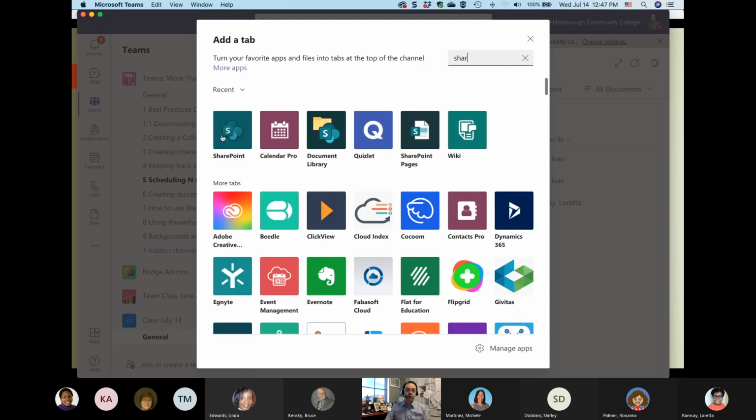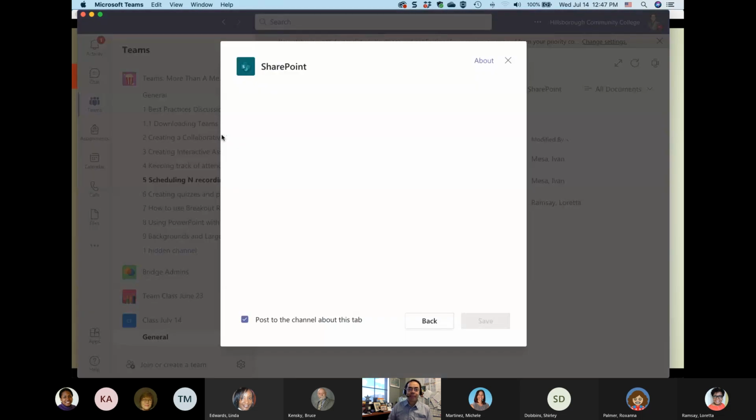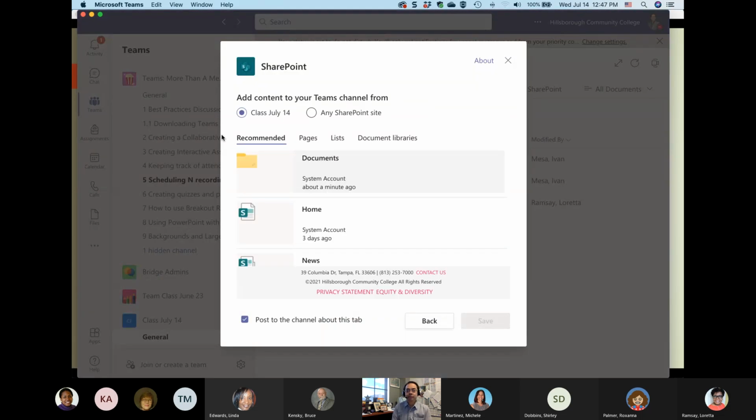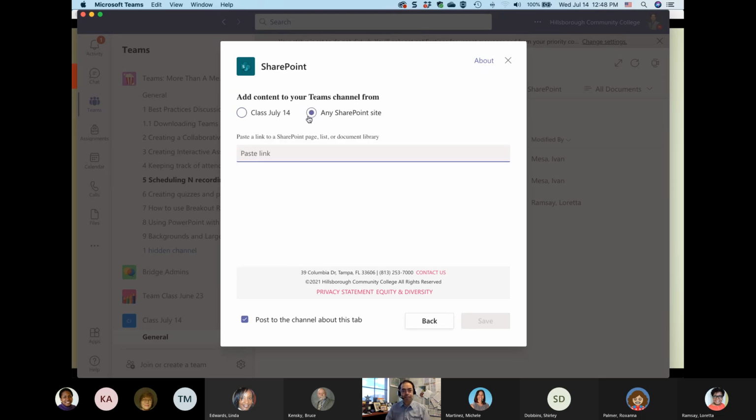Once it pops up, just select SharePoint. And when it opens, it will ask you what kind of content you want to share. It usually gives you some suggestions, recommendations, pages, lists, documents, and based on your activity, you will select any SharePoint site. And in here, you will paste a SharePoint page,